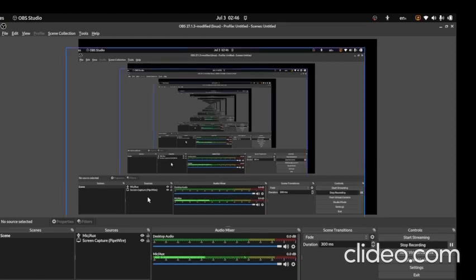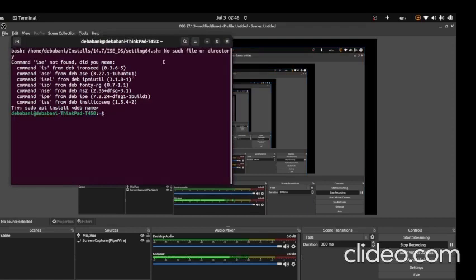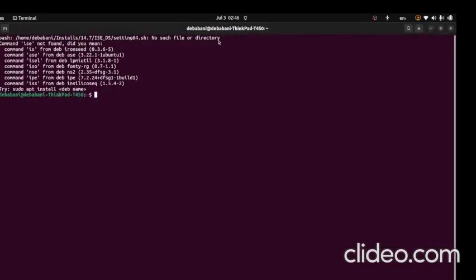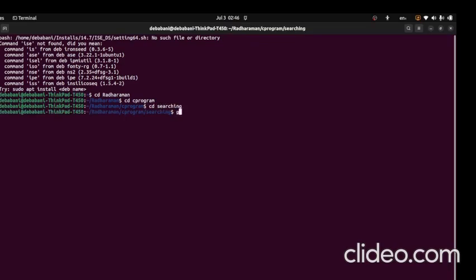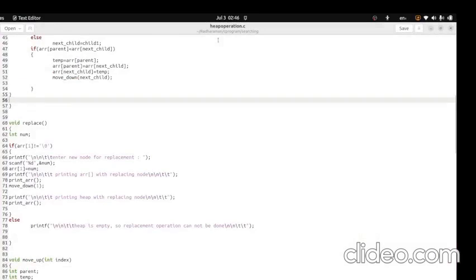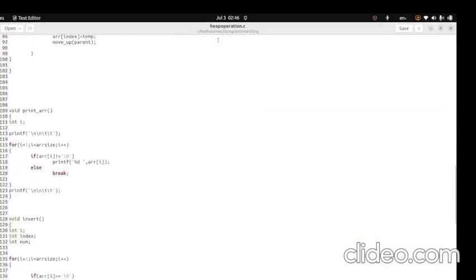Now, if I open the program editor, cd to the program folder, then gedit heap operation dot c. Okay. So if I go to the main function, then we can see that